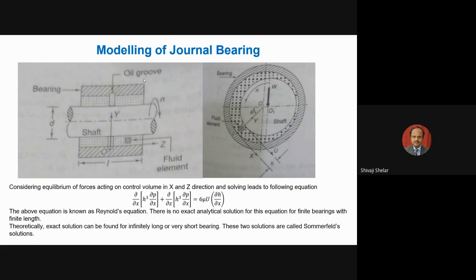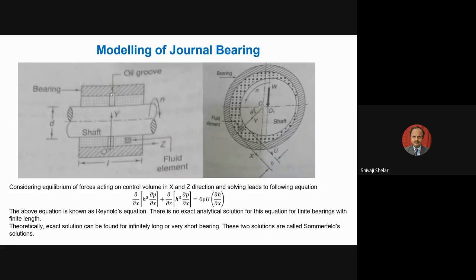There will be a separate table available for journal bearing with central oil groove, and the geometry of the oil groove is also important during analysis. There are a number of tables available in the PSG data book, so based on your understanding of the problem, you have to select the right table for the right parametric analysis. That's why I'm saying it is a parametric analysis of the journal bearing.